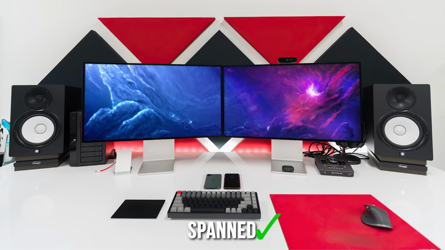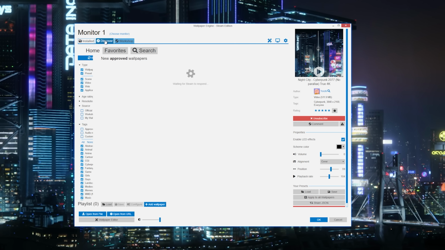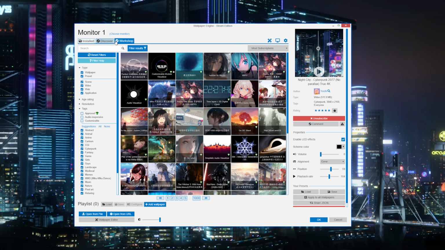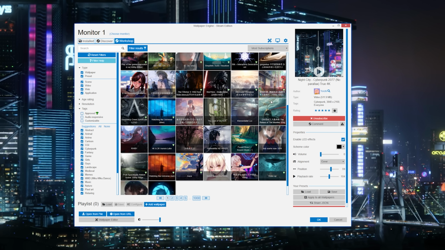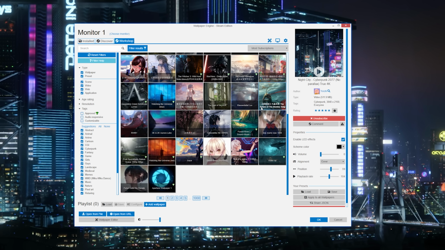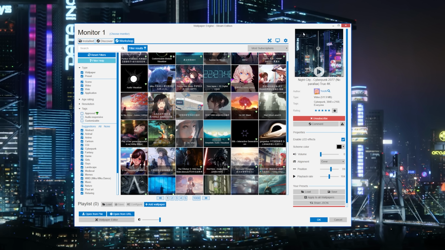And there is literally thousands and thousands of wallpapers you can go into Discover or Workshop. Don't know why they have 2 different tabs here, but there are. I wish it would tell you how much, but there's over 1,000+ pages. Let's see, can we go to the last page? No. But yeah, anything you could think of, from a game, a movie, a theme, a color, whatever, they have